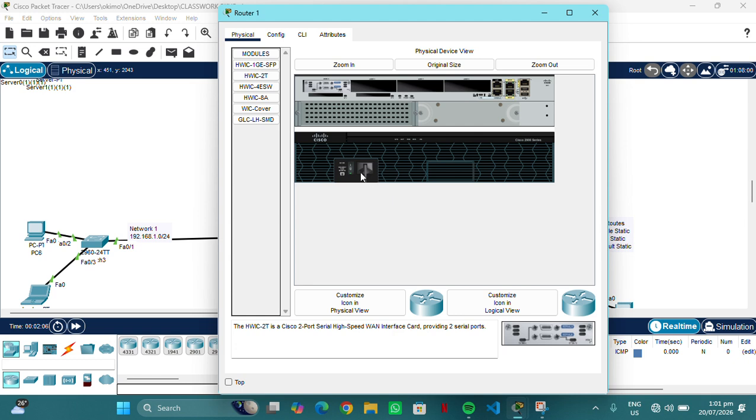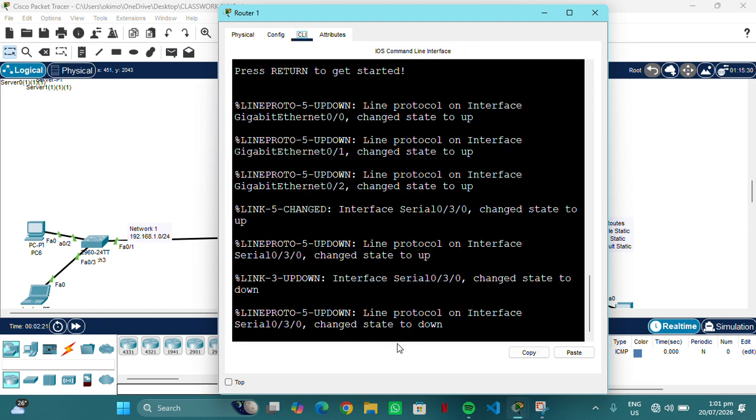But I already did that. You have to put the router off. You put the router off, then you put the router on again. Then you drag and drop this, and it's okay. You just have to put the router off and put it on again. I already have it here, so you enter the command line,